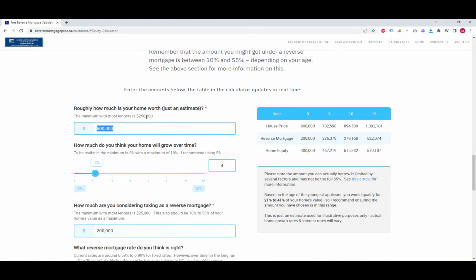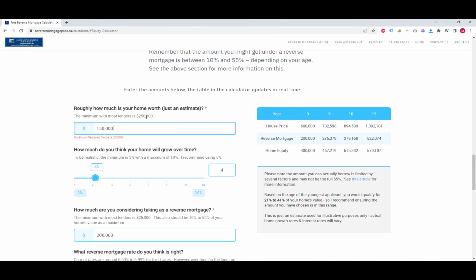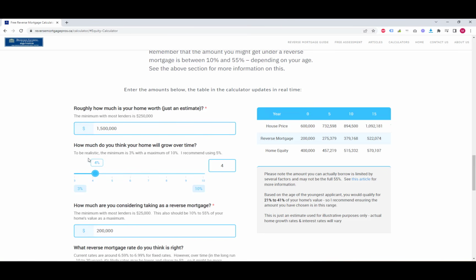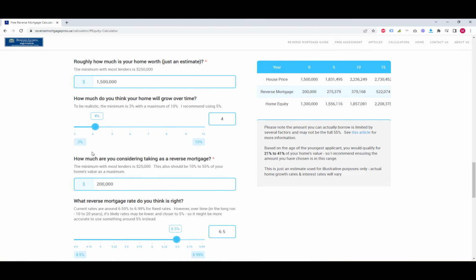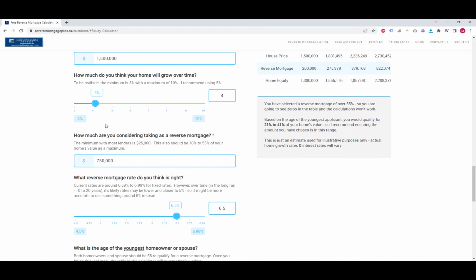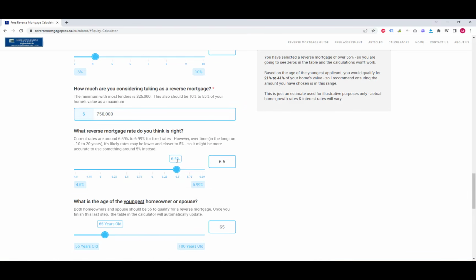So I'm going to give you a second calculation, and we'll do something on a slightly bigger house. So we're going to use a $1.5 million home. Again, we're going to use house price growth at 4%, and this person wants half. So they're going to want to take $750,000 as a reverse mortgage. Again, we're going to use 6.5% for the interest rate because we want to use a long-term rate and think